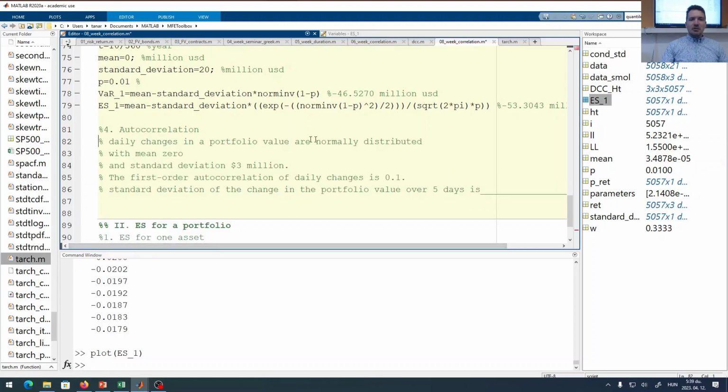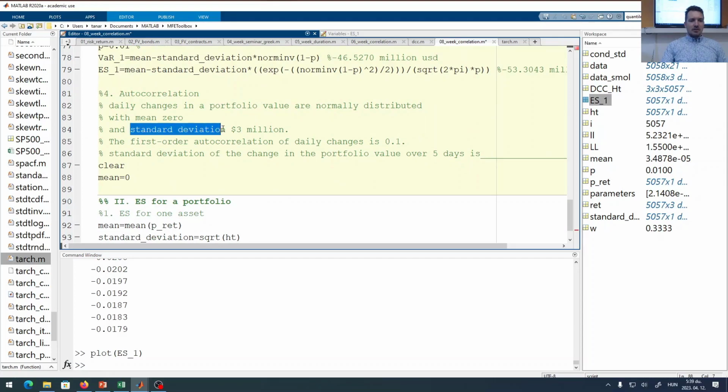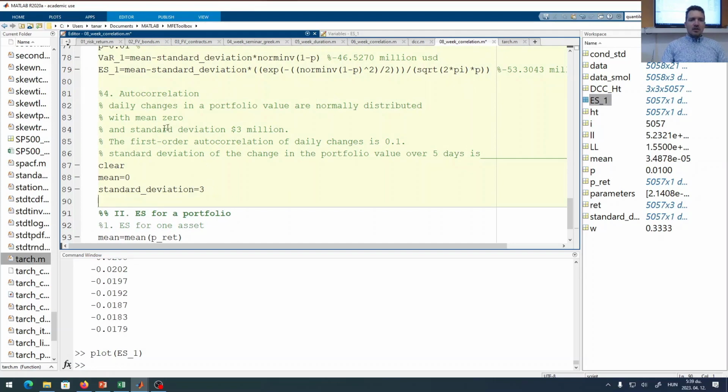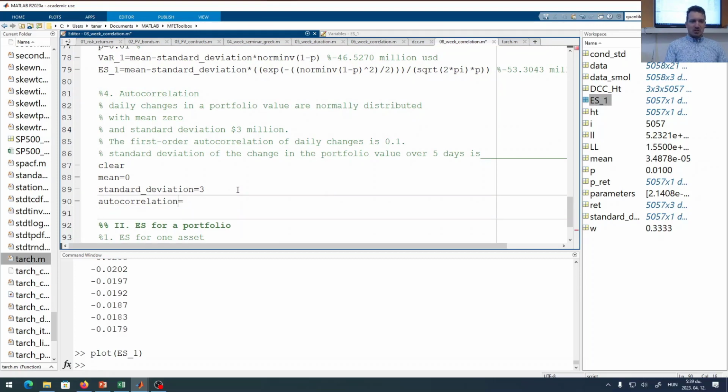So daily changes in the portfolio value are normally distributed. Cool, with the mean 0. Okay, that's first of all being in the clear. Then mean equals 0. Standard deviation is some millions. First order autocorrelation for daily changes is 0.1. It's a correlation, so